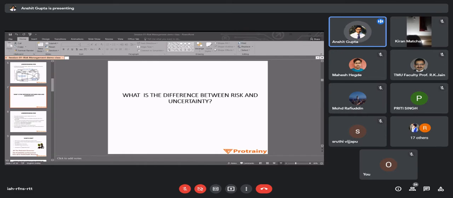Uncertainty is the absence of information about future events. But in risk, you are trying to anticipate the future. That is another difference. The third difference is that risk also has a dimension of perception. See, perception means your nature, it is subjective. How to explain this perception? Your perception of something happening.